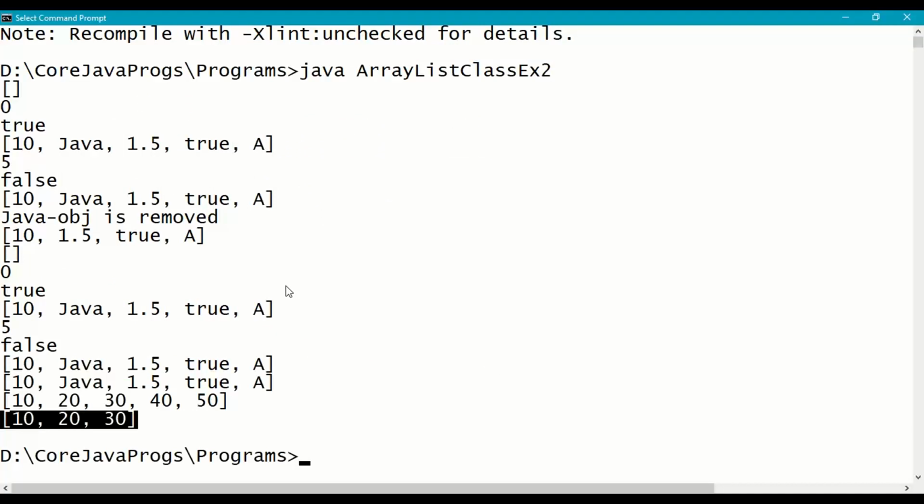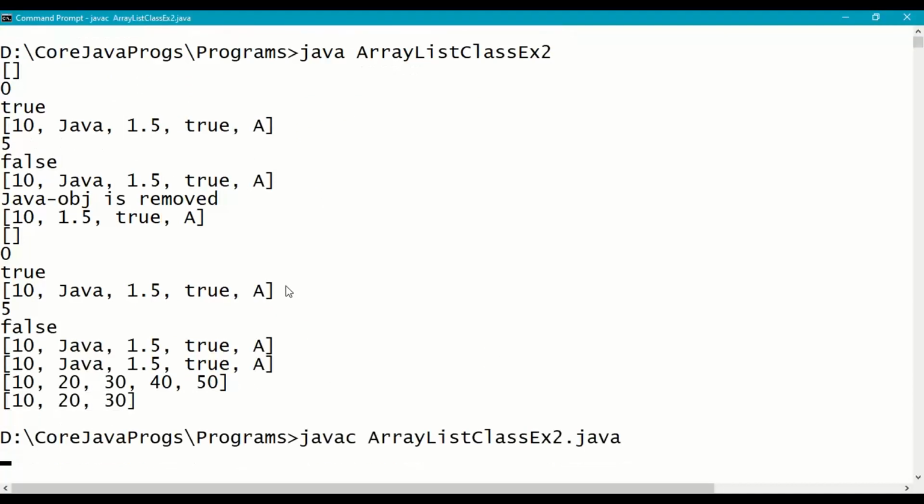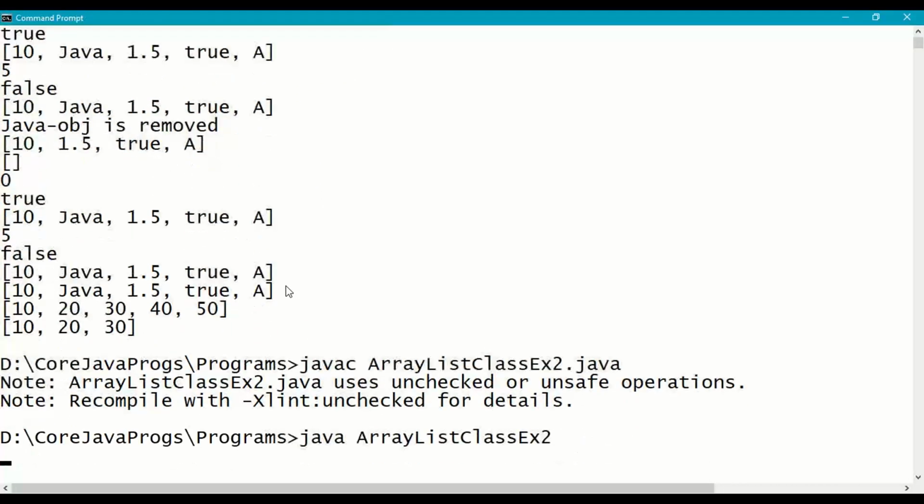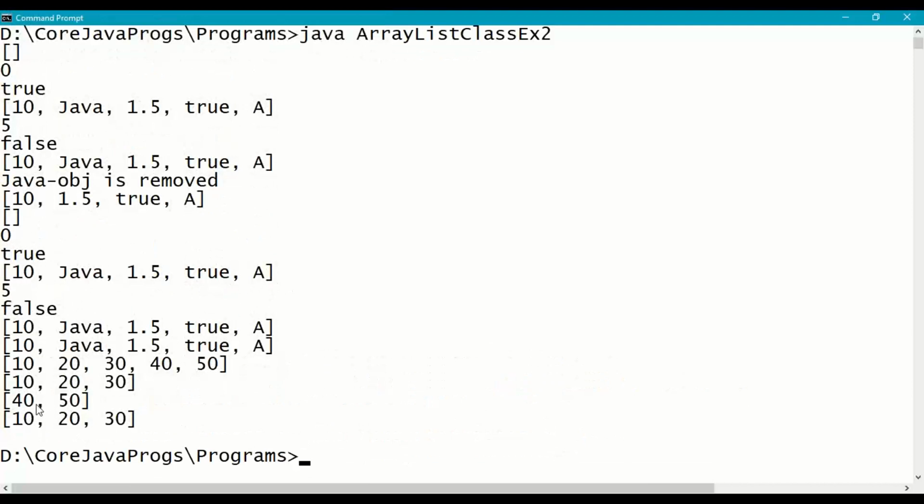So save it, recompile and run. After removing 10, 20, 30, ArrayList 1 has only 40, 50, and ArrayList 2 has 10, 20, 30. It is not touched, right?